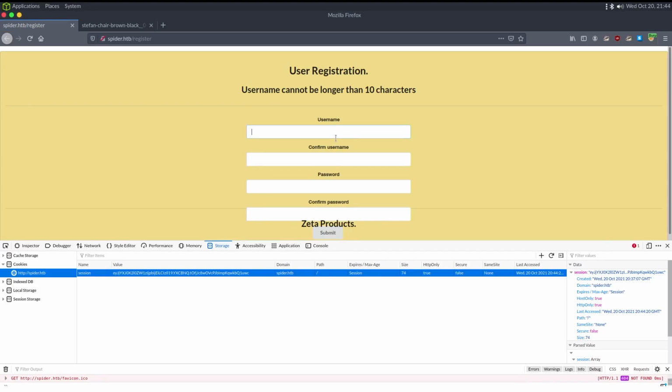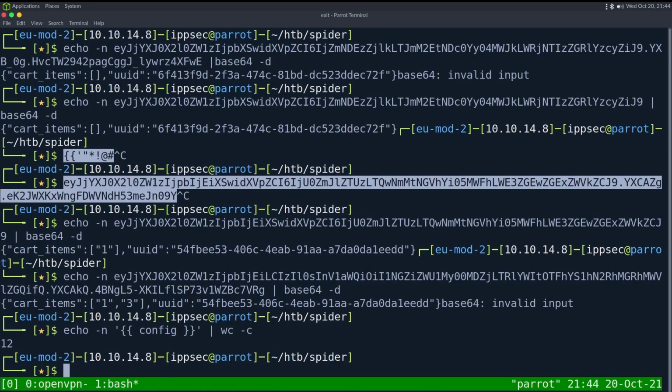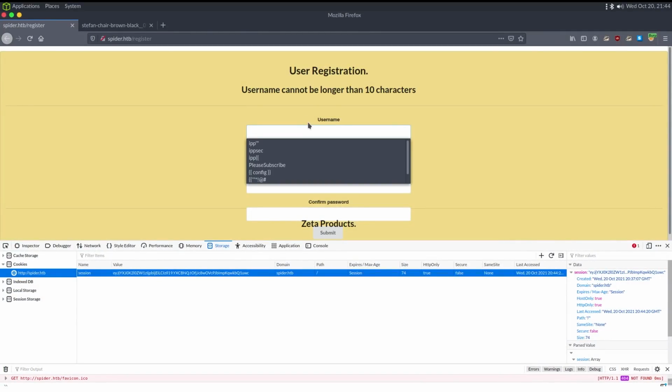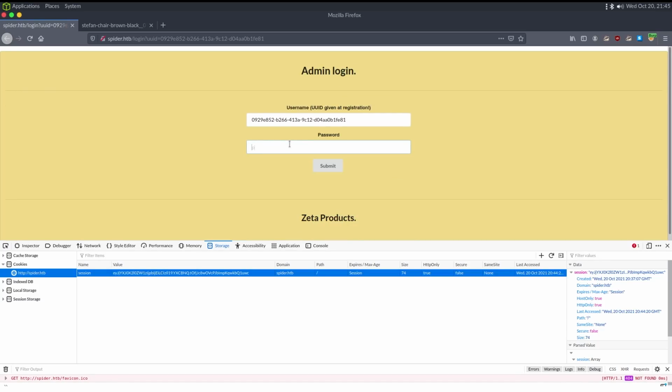It can't be longer than 10 characters. Echo -n config, wcc, that's 12. We can actually get rid of the spaces probably, and that will make it 10. So let's try that. Config, password, log in,